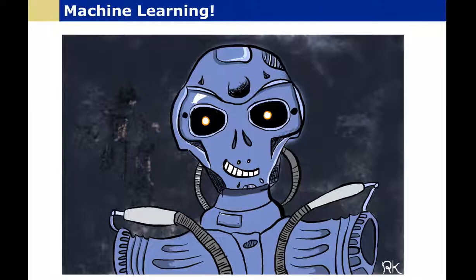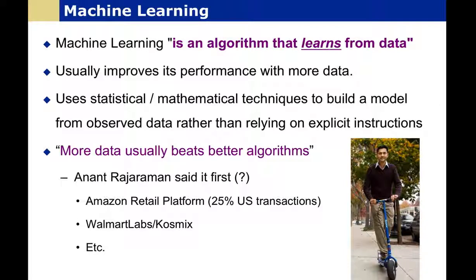Now, what is machine learning? So, machine learning is basically an algorithm that learns from data. That means it gets better at accomplishing its tasks by getting more data. Now, ordinary programming algorithms simply follow the instructions that are given to process data. Little data or more data, these algorithms will do the same. Not so with machine learning.